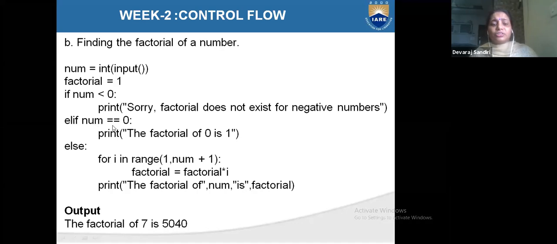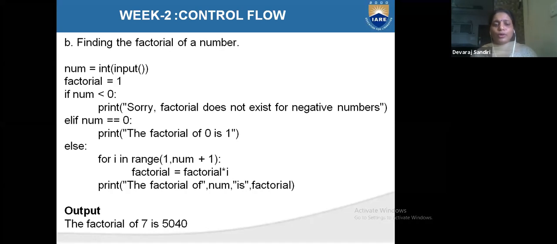If the number is equal to 0, print that the factorial of 0 is 1. Else, for i in range 1 comma n plus 1.